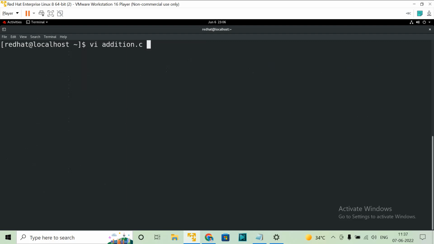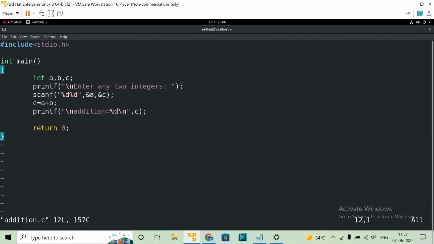Addition.c. For the existing files, the same command we have to use, even for the creation of the new files also. We have here, I have used